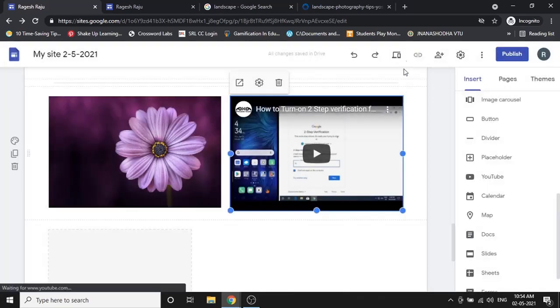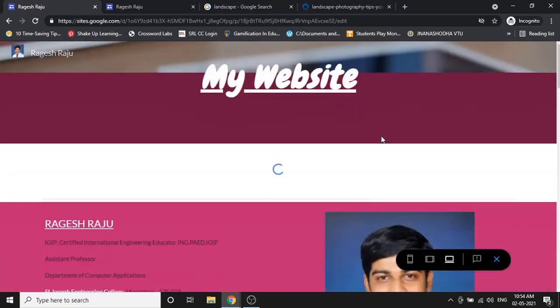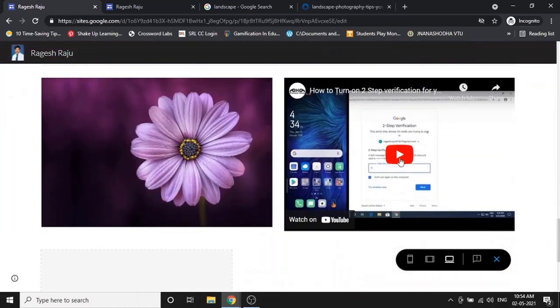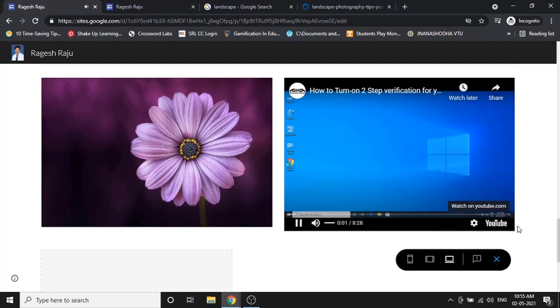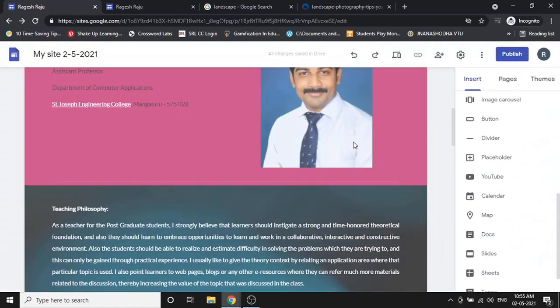I click on done. I go to preview option. I scroll down. See, now when you play this, the video is getting played. Now it is not red in color, you can see it is white in color. Also there is no full screen option here. So people have to watch on this particular page, so they will not be allowed to go out or make it full screen. Okay, so that is how you add it.